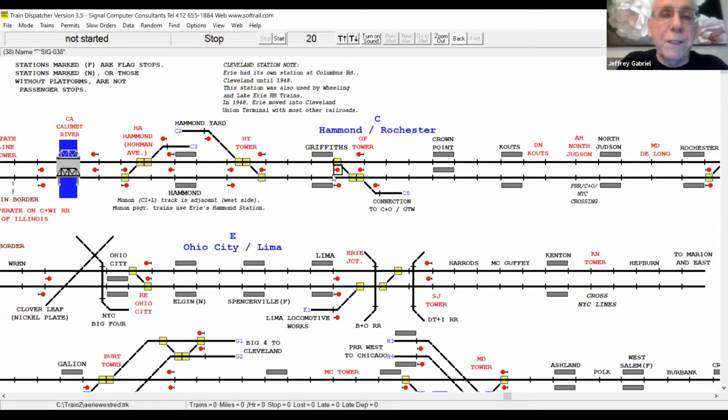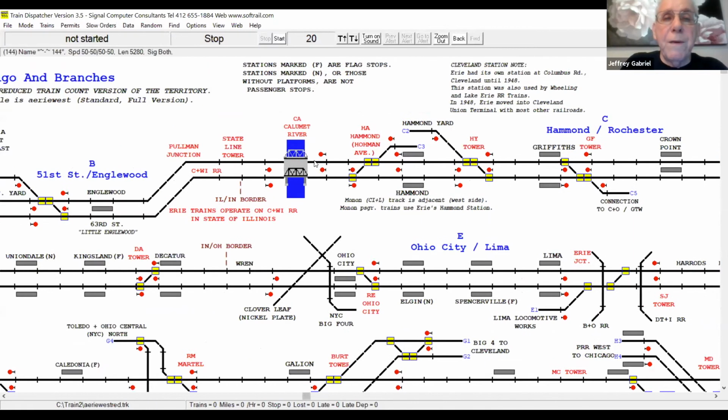We've got Hammond Yard here and the interlockings at both ends, across the Calumet River, and here's the Illinois-Indiana border. I made a note that obviously the Erie is operating on the Chicago and Western Indiana, of which it was part owner, from the state line to downtown Chicago.